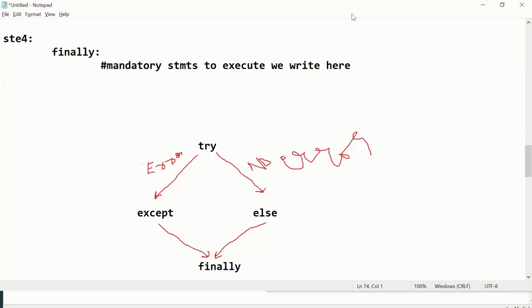So basically your flow of program execution can happen in this direction or only in this direction. Are you understanding? So the point is, in this except and else, only one block gets